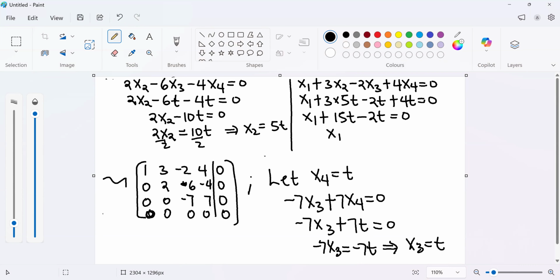So x1 is simply 15. No, this is plus. Sorry, that is plus. So x1 is -17t, like that. So what is the key takeaway when you realize that you cannot